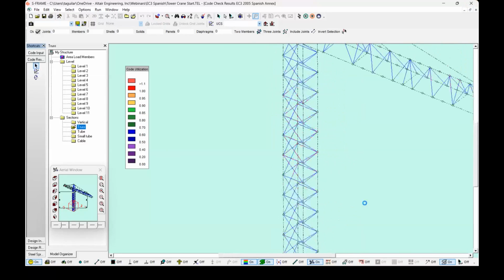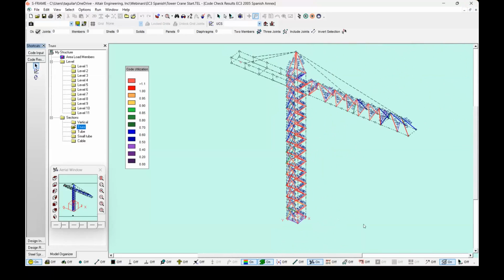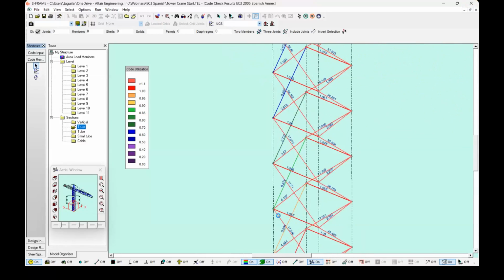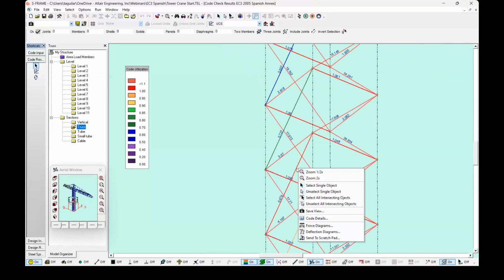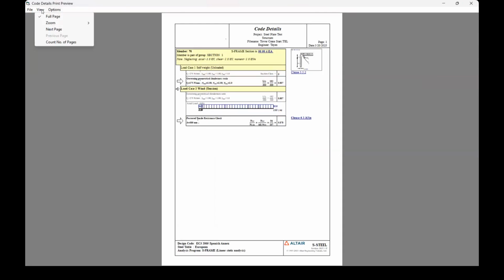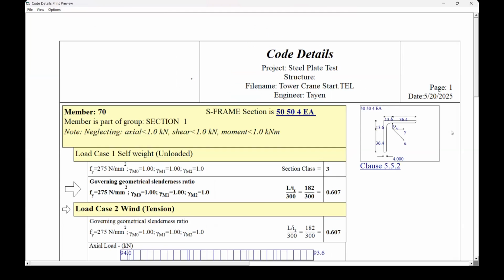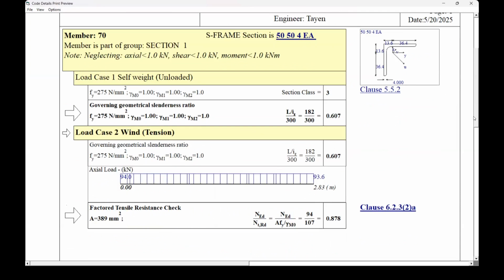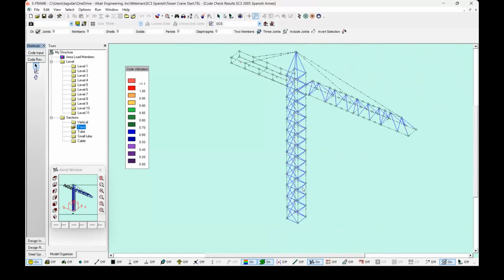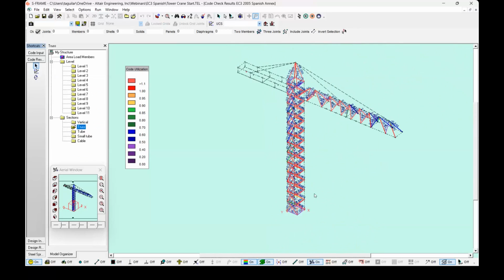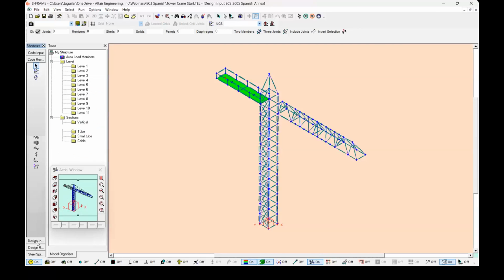So if we wanted to do that for each one of the sections that are present here, we could do it just for the sake of it. Let's take a passing section, go to force details, and take a different look at it. We can see that it's the same section, 50 by 50, but in this case, that particular member is passing with a utilization ratio of 60% or so. So now that we've seen the different utilization ratios for each,